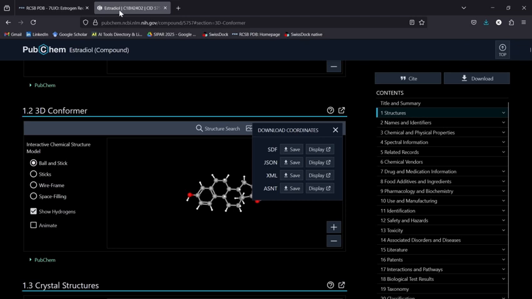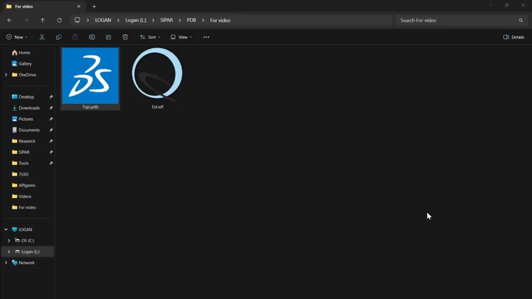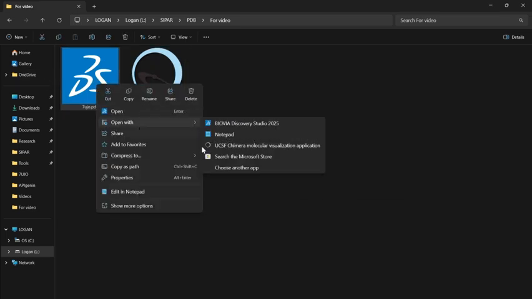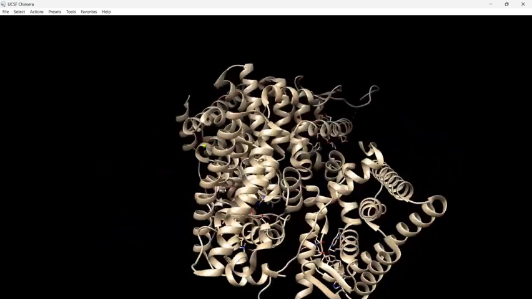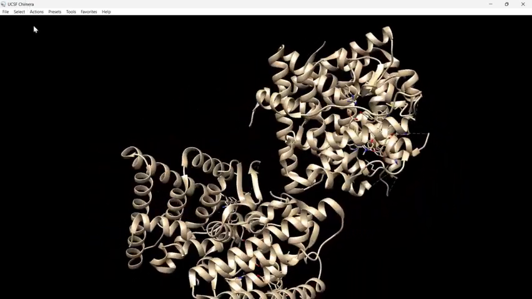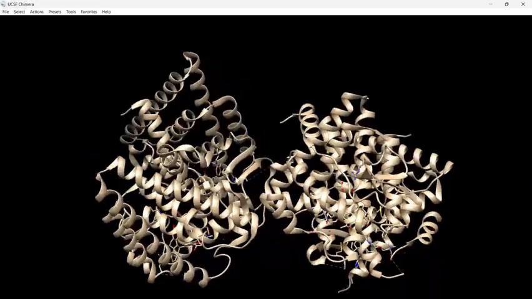Then you have to prepare your ligand and the protein in the Chimera app for docking purposes. Once you have downloaded the PDB, that is the protein, and the SDF format of your ligand, open this PDB file in UCSF Chimera, in which you have installed it. See here, this is my protein of interest, and I'm working with chain A, so I only want chain A, so I'm going to delete every other